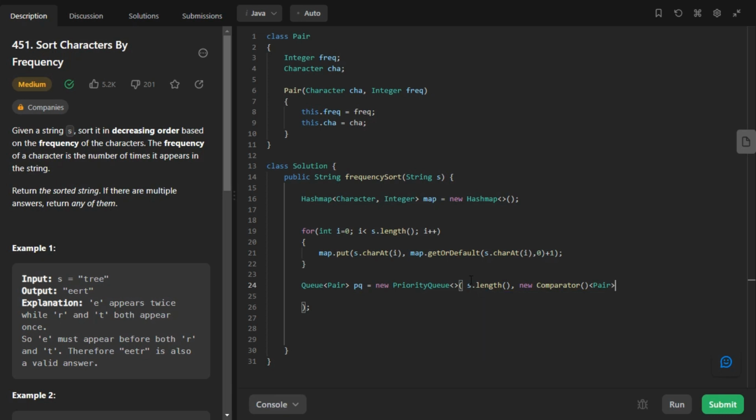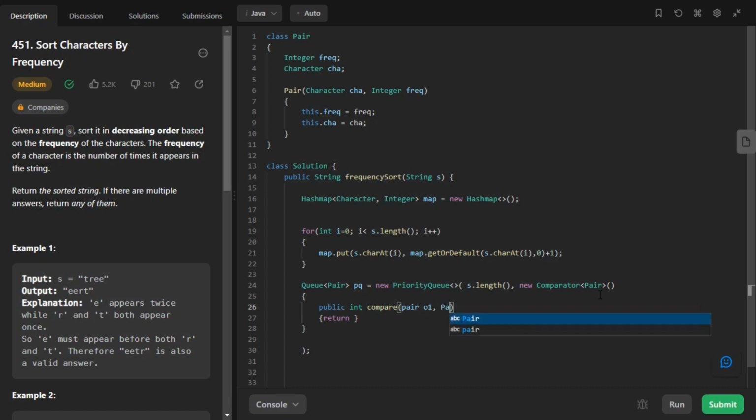And once that is done, I think I have put some kind of an extra bracket over here. So this has to come first, and this will be the second thing. And after that, yeah, this perfectly looks fine. New comparator pair, this thing, and now these curly braces. Over here we're going to be defining the method which we want to use. So it has to formulate the logic so as to simply return this thing. Return, I will be passing two different objects of the pair class,